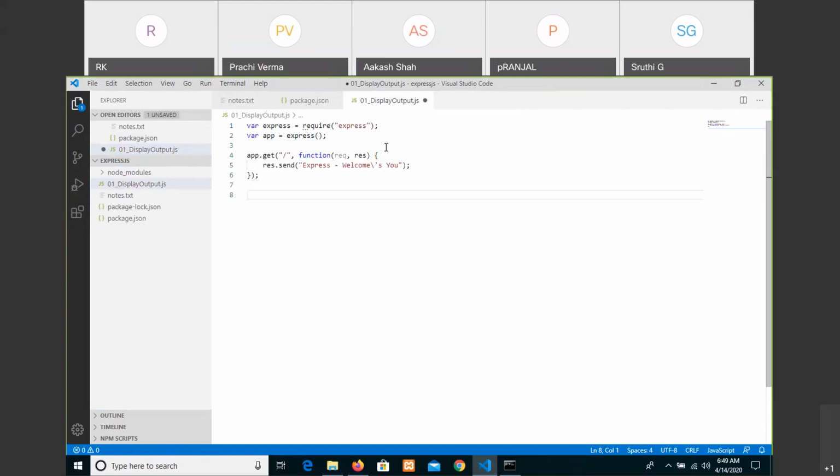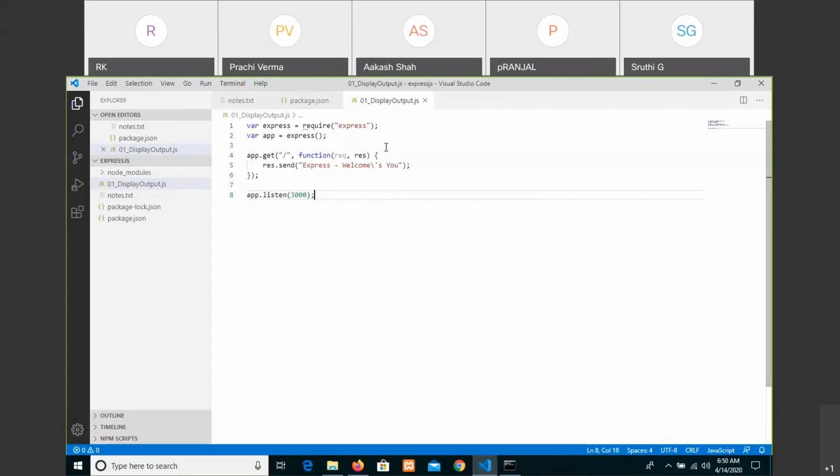How can you set that? You write app dot listen, which is a built-in method. Inside listen you set the port, and by default we can write 3000.